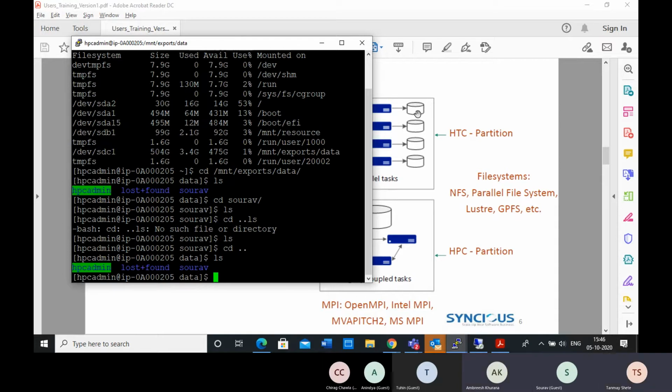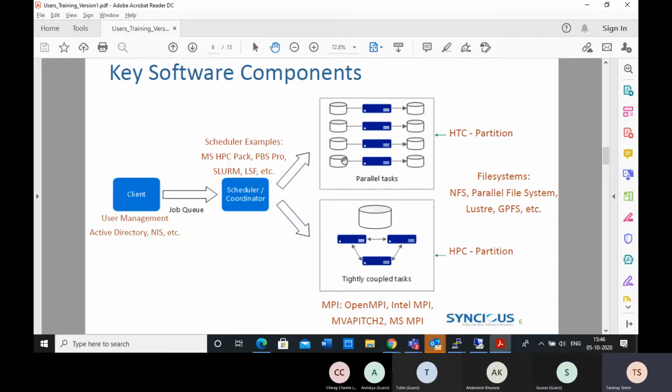Right. Exactly. So that's the point basically. If you see here in this case, HTC partition, every node will have its associated storage. In the cloud, the storage is anyway available there. If you get the computation power, you generally get the storage, and then you should utilize that storage.